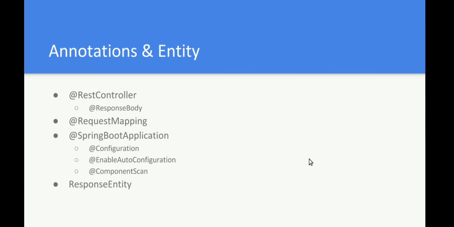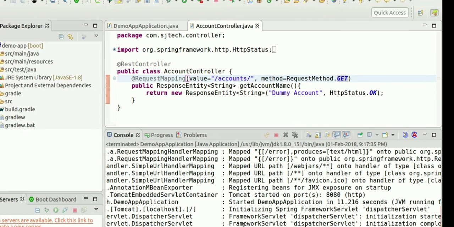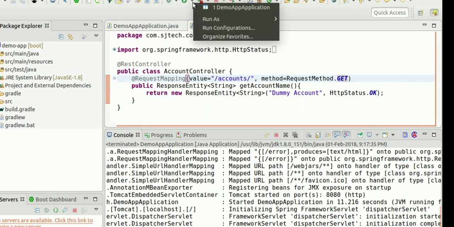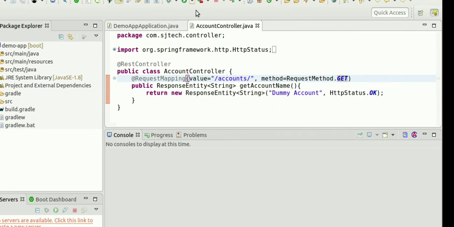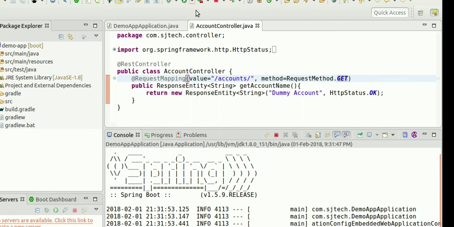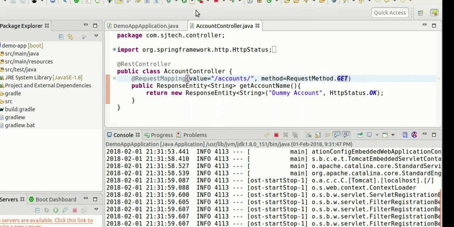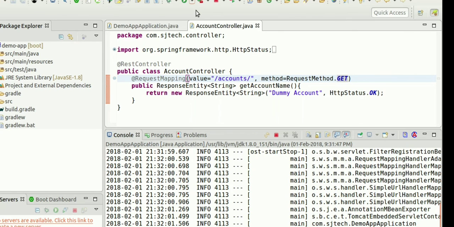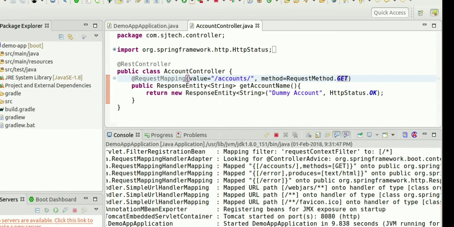Now we will do a quick demo. As you can see, here I am not starting a Tomcat server. What we will do here is start the application as a plain Java application, like a standalone Java application. When this application has been started, the embedded Tomcat container will get started, and your REST API gets published into that container. If you see the logs, you will get to know that Tomcat started on port 8080.